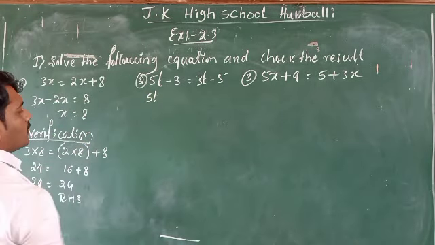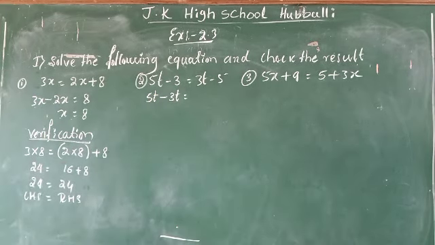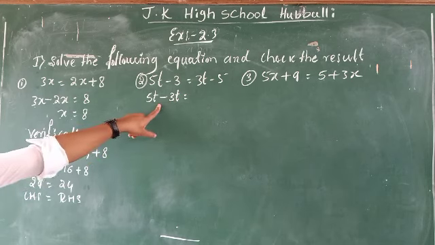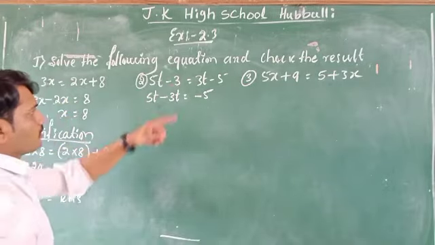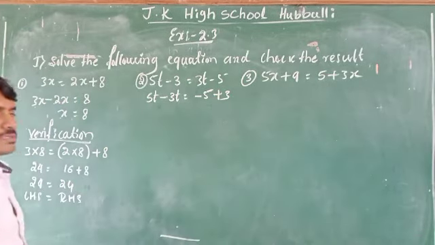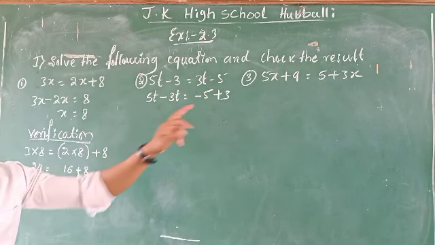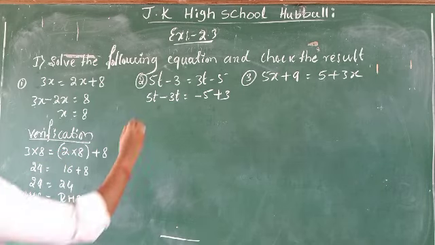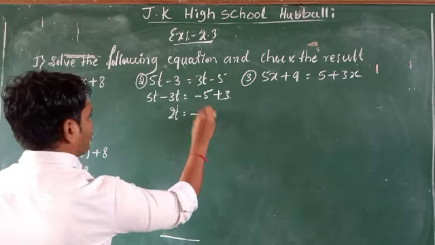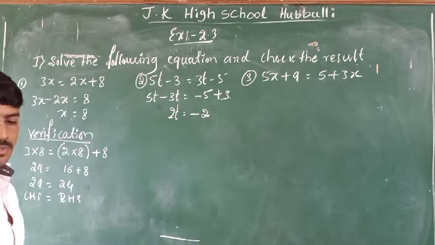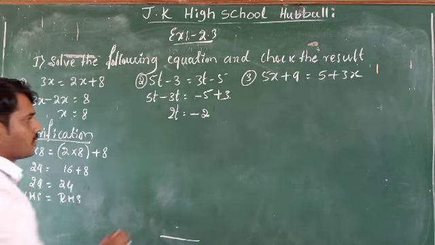Okay. So 5t, keep here only, bring the 3t. So 5t minus 3t. This side, this is a plus. If we come this side, it will become minus. Next one. Minus 5, bring that side. This is minus 5. So if you go that side, it will become plus 3. Clear? Okay. 5 minus 3, 2t. Minus 5 plus 3, minus 2. 5 is more than 3. The bigger sign is what? 2. That is minus.